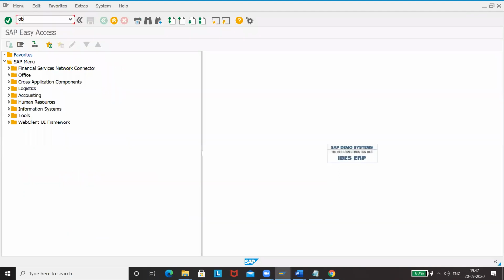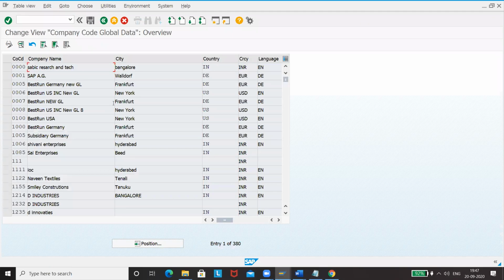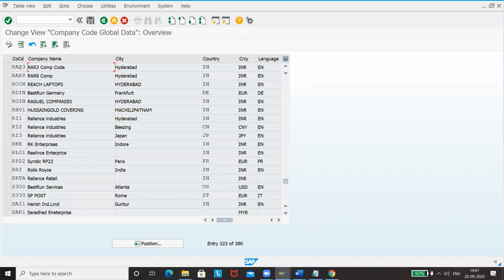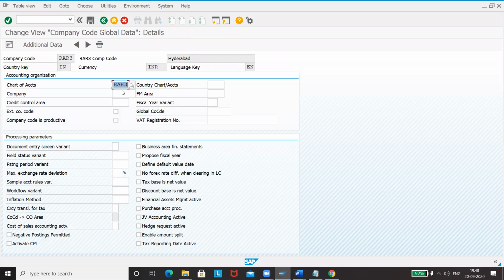So now we'll go to OBY6. What is our company code? RAR3. Please click here. Since we have assigned the chart of account there, it has come. So let's keep it that way.